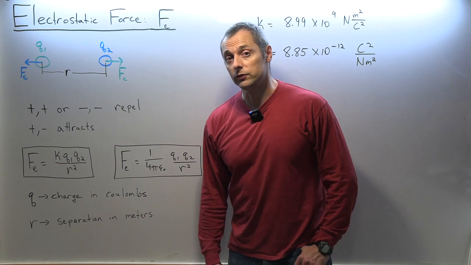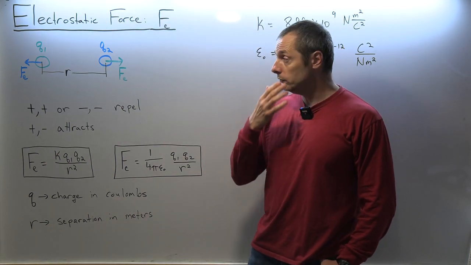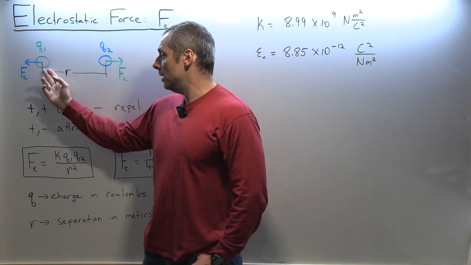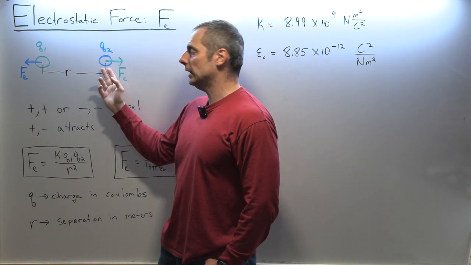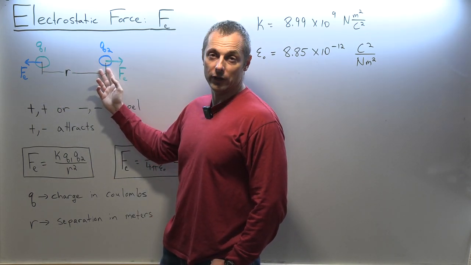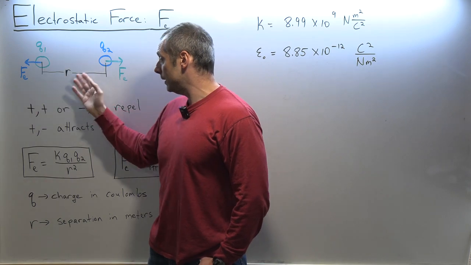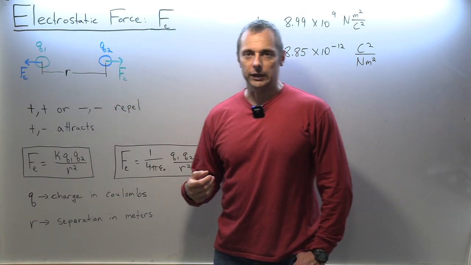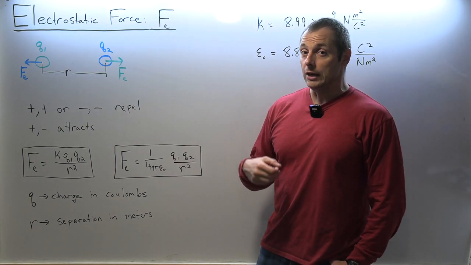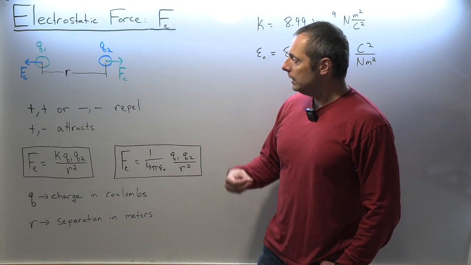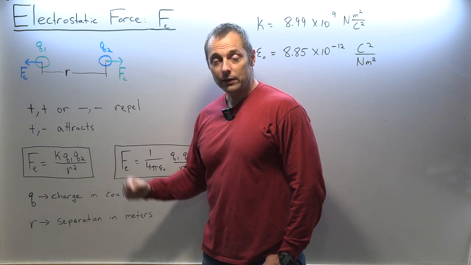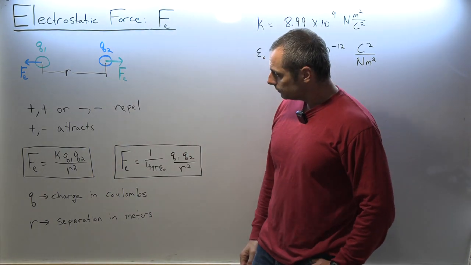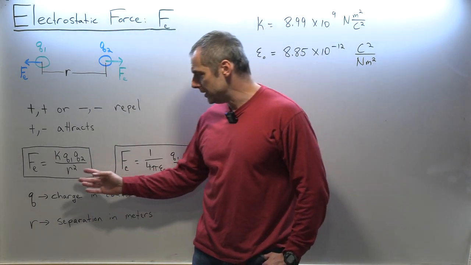The other thing I want to point out is that these arrows are the same length. Newton's third law still holds here. So this could be 1,000,000 coulombs, and this could be 0.0001 coulombs. It doesn't matter that one is bigger than the other. The forces are always the same on either object. So Newton's third law in mechanics, in gravity, in electricity and magnetism still applies. All right, so here's the big equation.